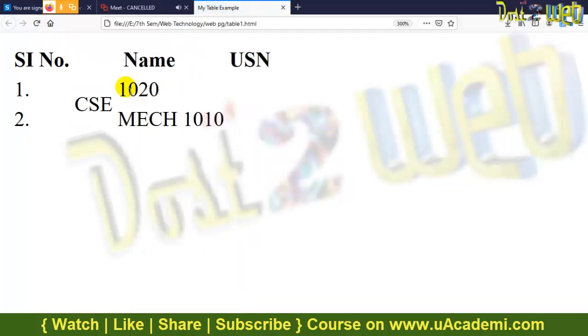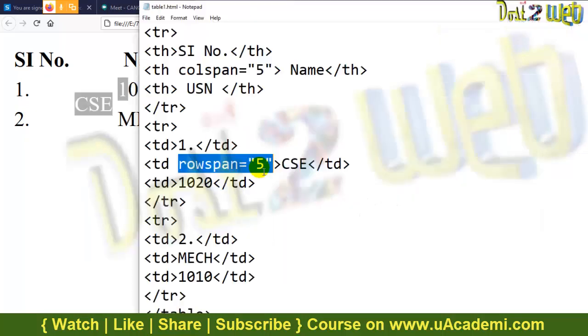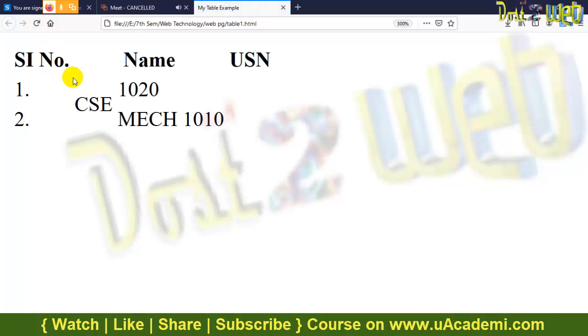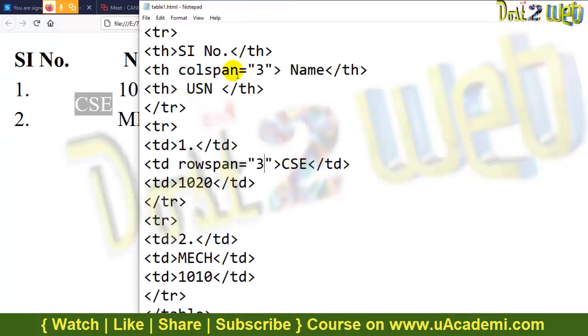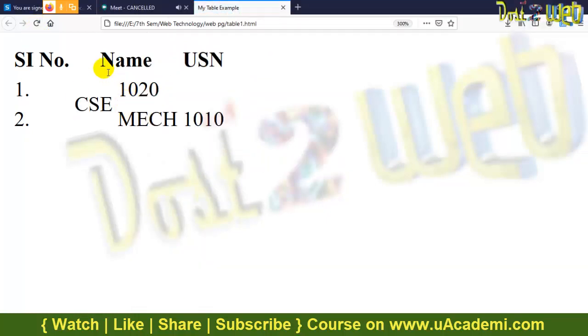You can see what happened. It has taken more space, and see how it has gone. So you have to define it correctly, then only will the result be accurate. Otherwise your data will be changed. See what is happening. We have given more space, so that's why it has gone to the next. See what happened? The moment I reduce it, it is gone.